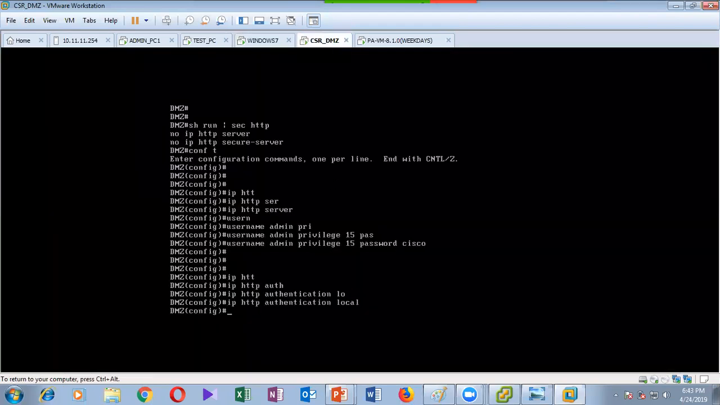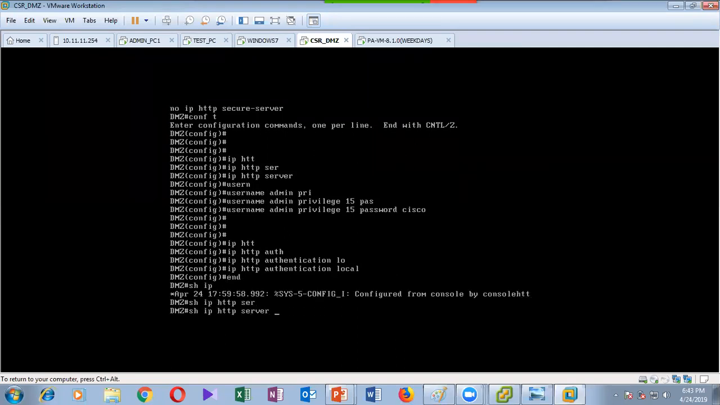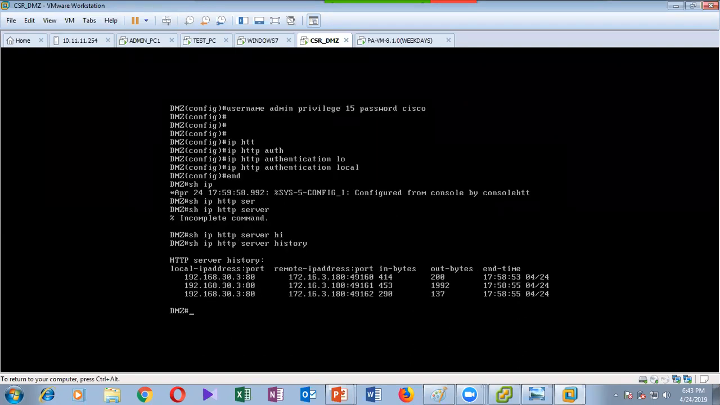Now, if you are coming to the DMZ server, the HTTP server, if you say history, what do you see? Someone from outside. Who was the outside IP? 172.16.3.180 was the outside IP. It got access on the DMZ server 192.168.3.3 on port number 80, right? So this was the real source. This was the real destination. But if I see